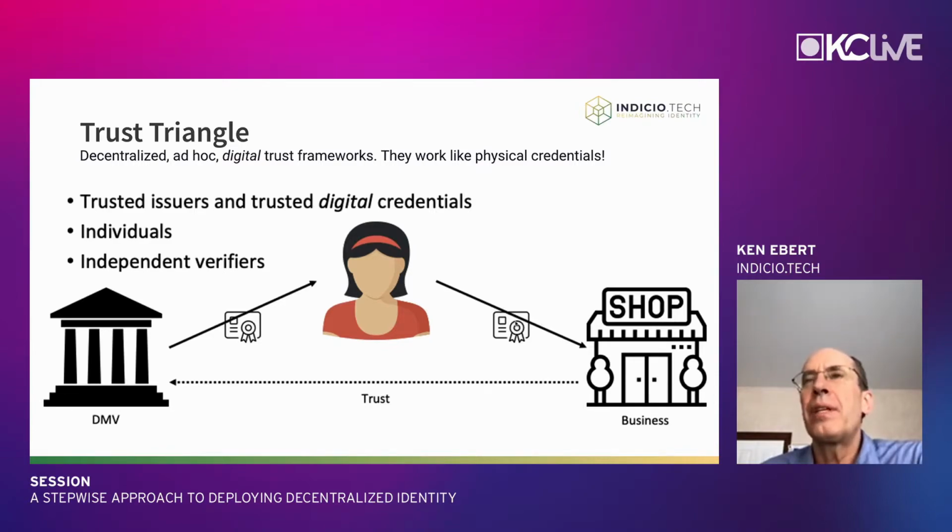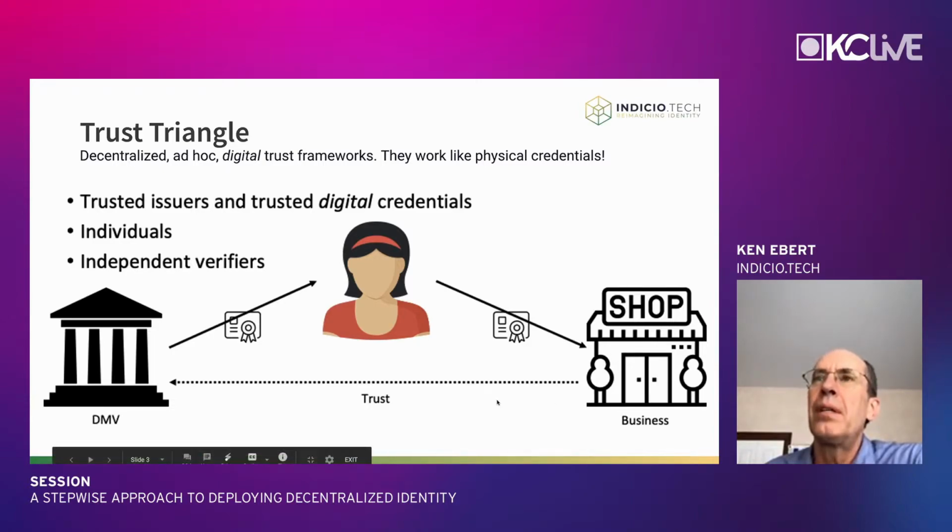in what manner they want to share things, whether they want to reveal everything or just a little piece of it. And the last part are the independent verifiers, the ones who are looking at the credential to see if it provides sufficient trust in the issuer and the person to whom it was issued to do business or to interact in a safe and secure way. When we look at a system, we need to make sure that all of those roles are put together in a way that builds the trust and allows us to provide benefits to the people participating in the system.